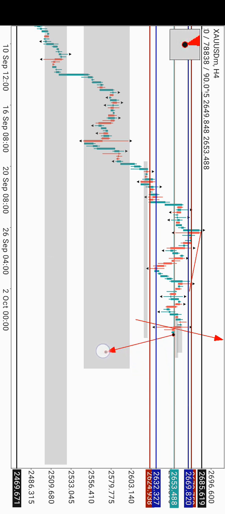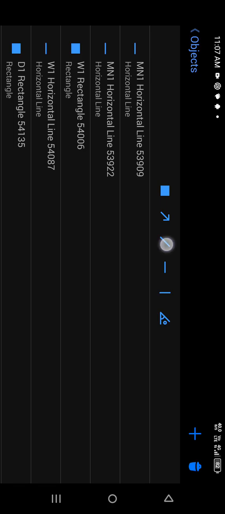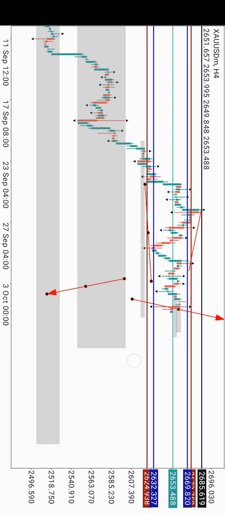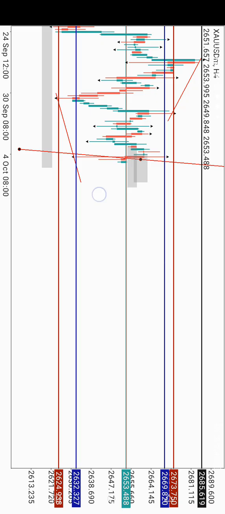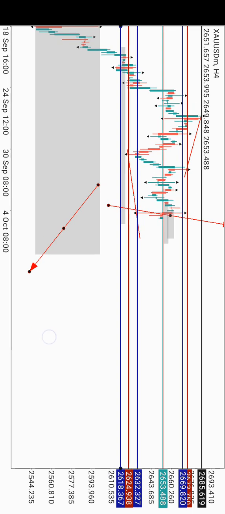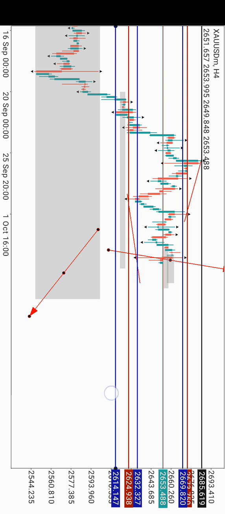So if we see a break towards this downside, maybe taking out this particular downside liquidity that was created here, you know that this place is a very strong support zone. So maybe if we see a reaction here, maybe towards this particular zone, let me mark it with another color. So if we can be able to see a reaction towards this area, 2614,